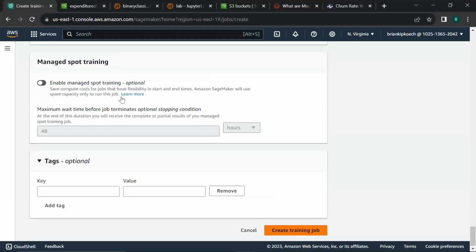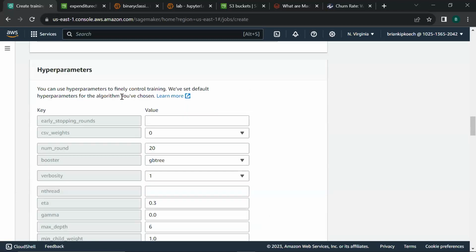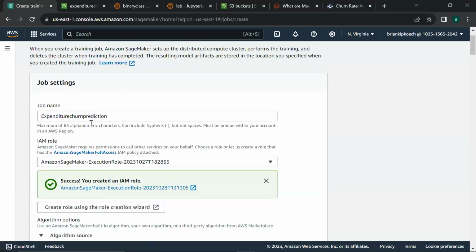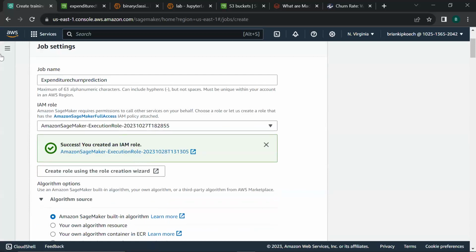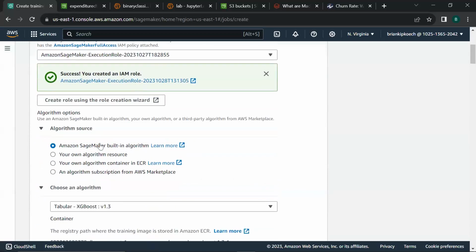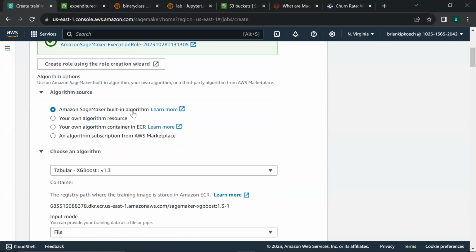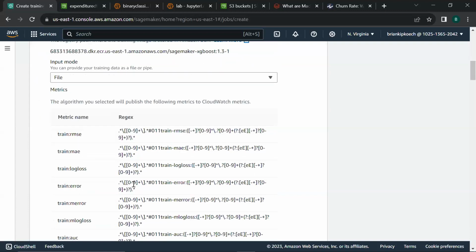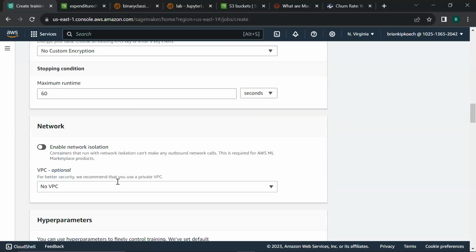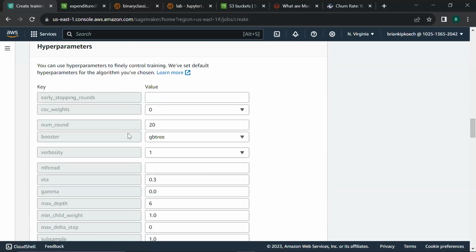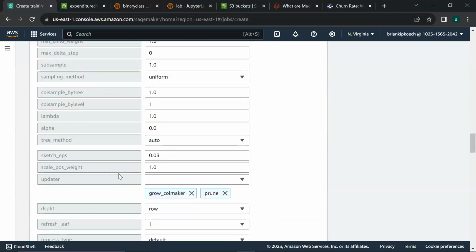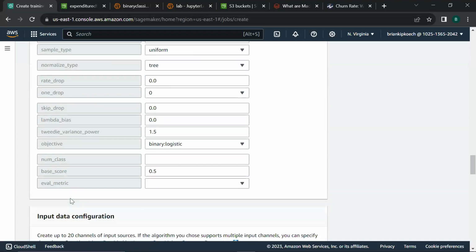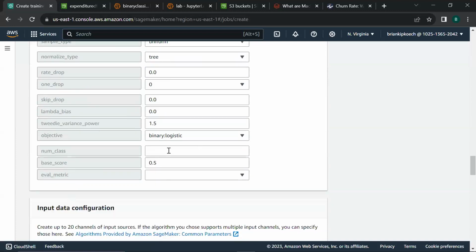So before we create the training job, let's just quickly run through what we did. We gave the job a name and selected a role that was created once we created the domain. And then we used the SageMaker built-in algorithm, the XGBoost, and we loaded our data sets and provided the necessary hyperparameters, where we changed only the num rounds and selected an objective function that was relevant to this particular example.